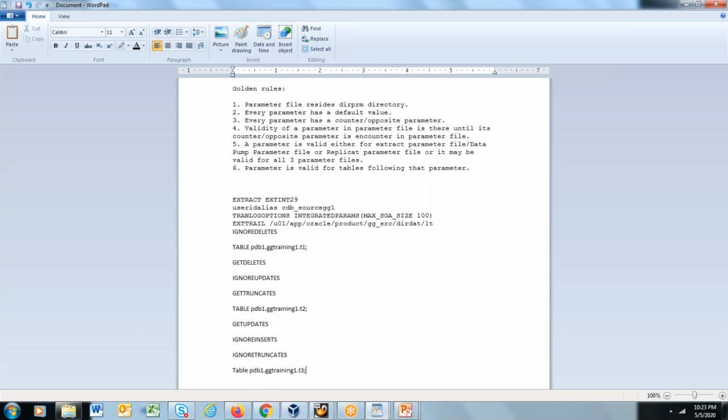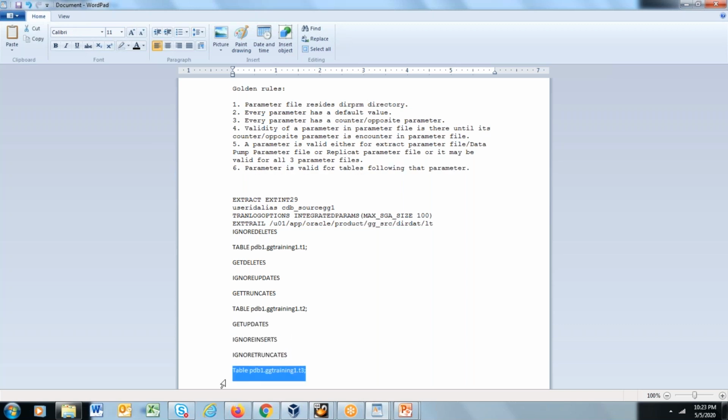Now what happens is, these three parameters I have mentioned here can be valid only for the T3 table. For the T2 and T1 tables, these three parameters cannot be valid. The reason being, a parameter is valid for tables following that parameter. The table following these parameters is only T3.